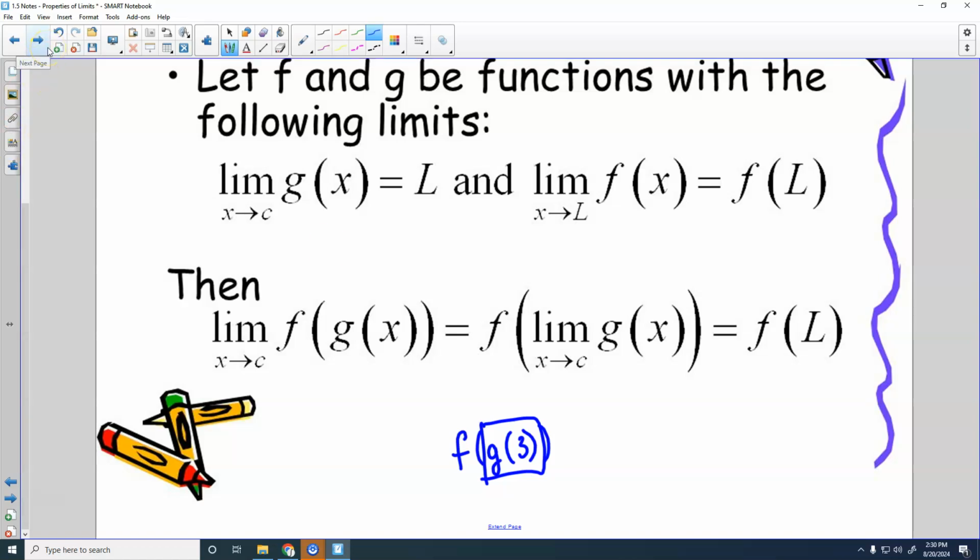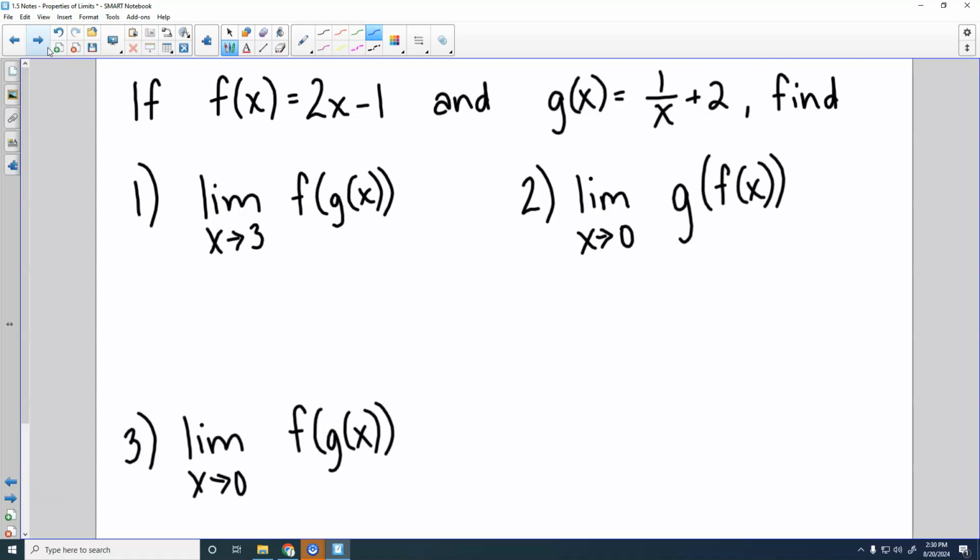So these can be very simple, and then some of these with graphs are super confusing, and I'm going to try to teach them to you in a manner which you can understand and remember, but they're kind of difficult. All right, so these I think are pretty straightforward. So I've got the limit as x approaches 3 of f of g of x. So these are just graphs. I could use Desmos on this if I want. I haven't taught you how to do direct substitution yet, so